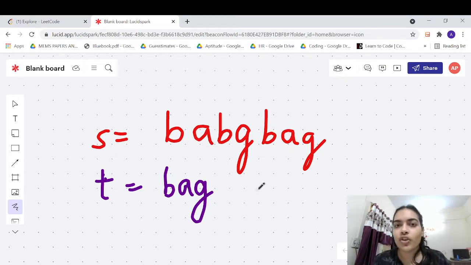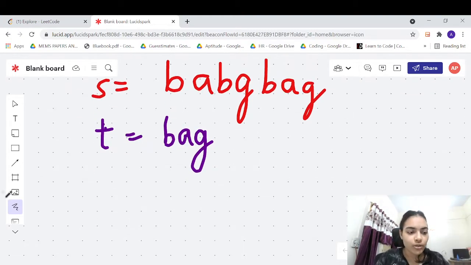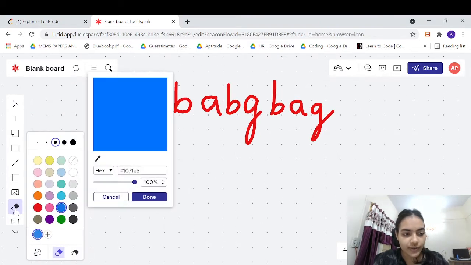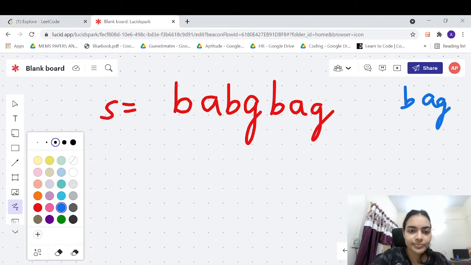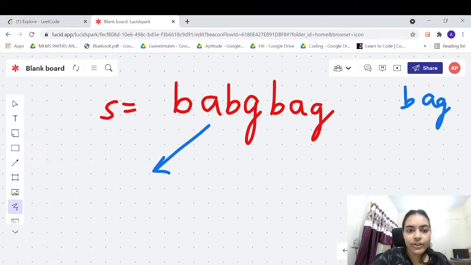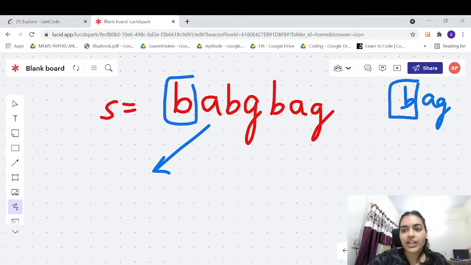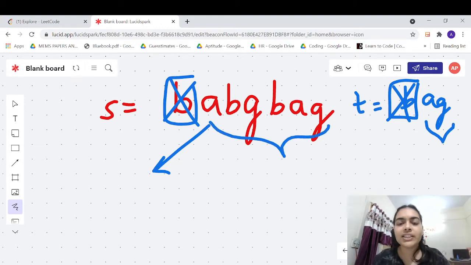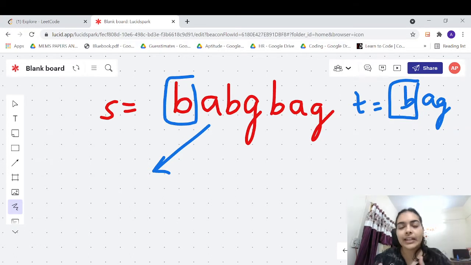How do we go about solving this problem? We can see that at every step we have choices to make. Let me erase this and let us try to see what choices we have. We know that we have to form bag. Let's say we match the first character B with the first character B here in the string T. Now we know that we are done with the first character. So you have to make the remaining characters AG in the remaining part of the string. This is where we get the idea for recursion. You compare character by character. Once you find a matching character, you can go to the next character. This is one approach that we can take.